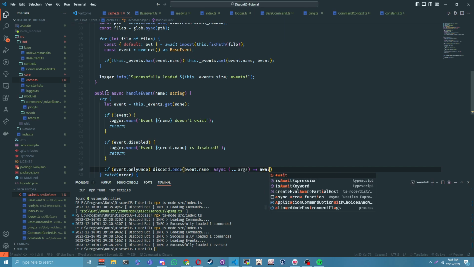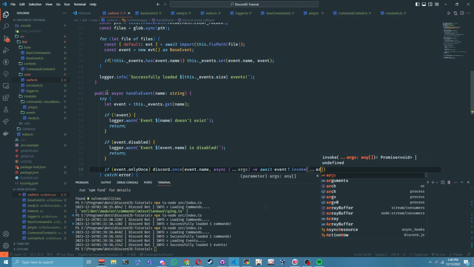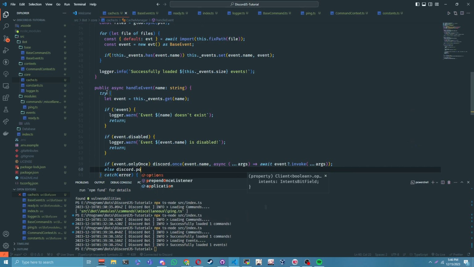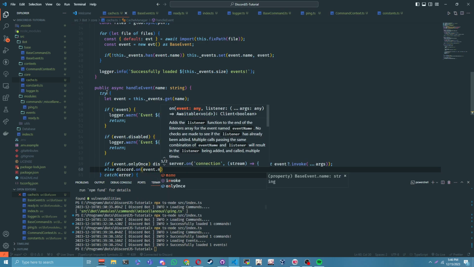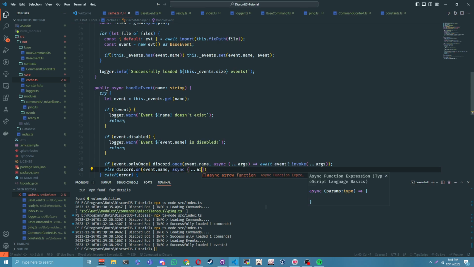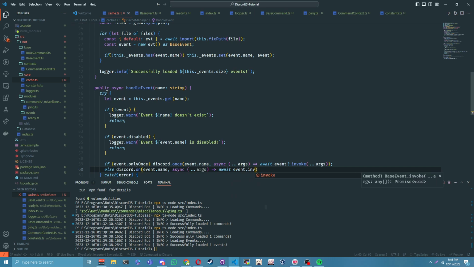It's going to be await event.invoke(args), and then else discord.on(event.name, async (...args) => await event.invoke(args)). Now you can go in here and not have the name in there and just say I want to